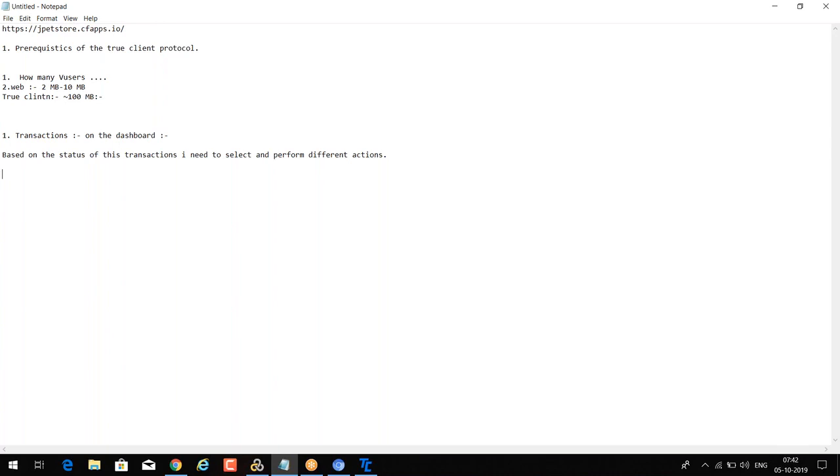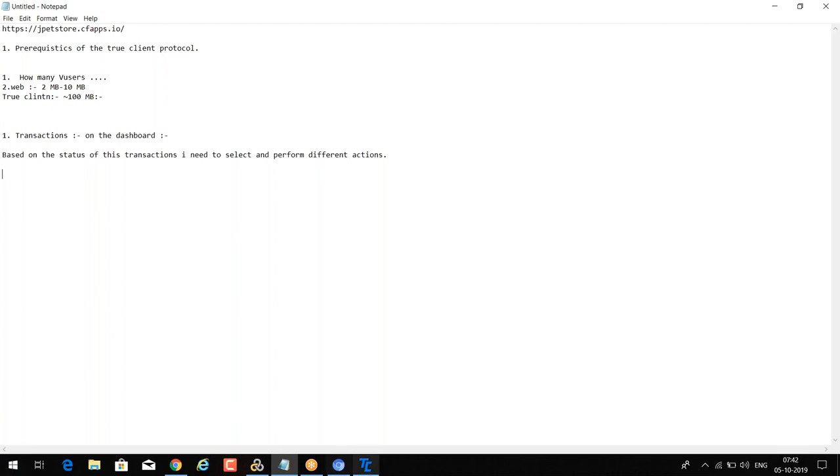Now based on the status, someone asks you to process the tasks which are in the pending state. So you have to search and apply the filters, and those filters are at the client side. When you try to record using the web protocols, those activities will not be recorded, because they are happening at the client side, and the web protocol does not capture the traffic happening at the client side. So in that case you can go with the TruClient protocols.